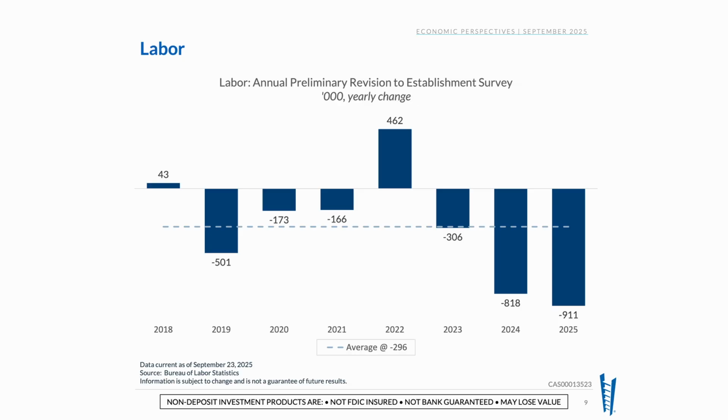The major portion of the revision is usually due to something called the birth-death adjustment. Birth refers to new businesses, death refers to companies going out of business. This is a difficult and large cohort to estimate. The BLS cannot send a survey request to a company that they don't know exists. They have to wait until the analysis of the tax records to know that they exist.